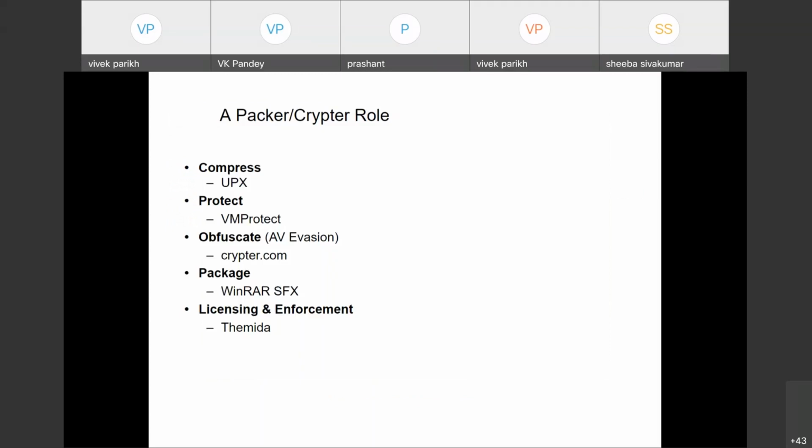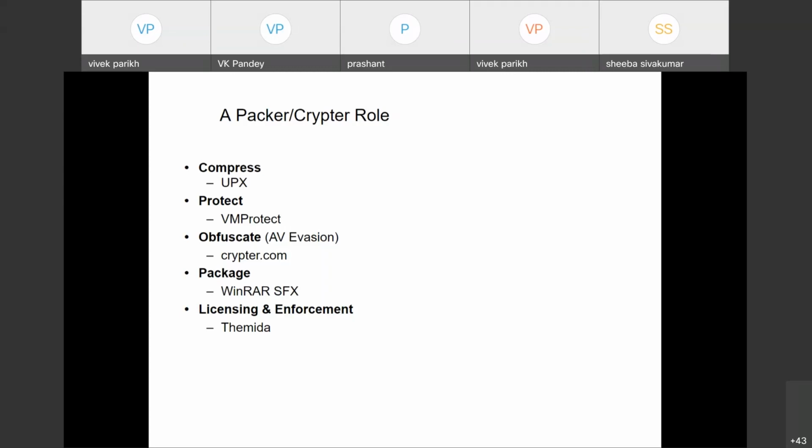So now we come on to packers. Malware generally, in order to escape from antiviruses, uses packing software. Packing has genuine uses as well. For example, people use UPX to pack a binary, but it is also used by malware authors to compress their binary.